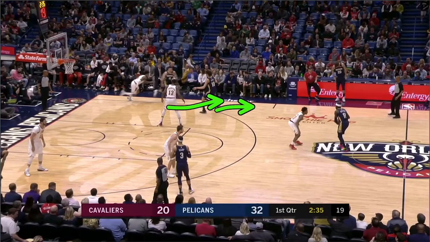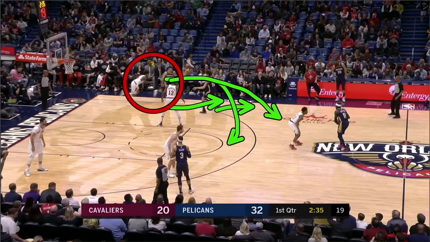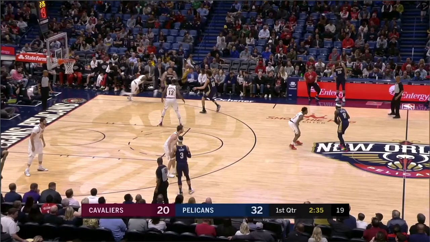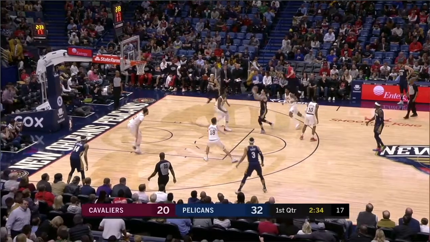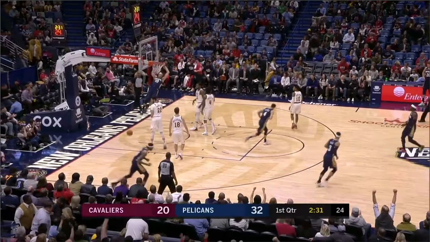And show. So this player for New Orleans cannot curl coming off this down screen. It forces him to have to go out, and it gives the man getting hit with this screen time to get on the other side. But Tristan Thompson doesn't show, so look, see how this player for New Orleans is able to curl? Now this player for Cleveland's never going to have any time to get on the other side. So now Tristan Thompson has to go help, and of course that leaves no one for the man that set that screen, so it's going to be a lob dunk for New Orleans.